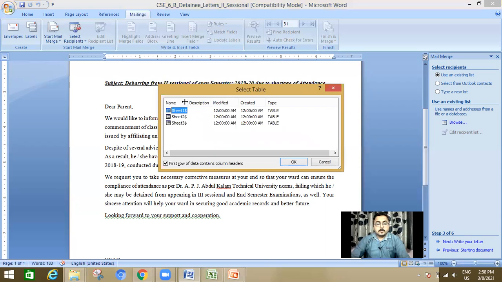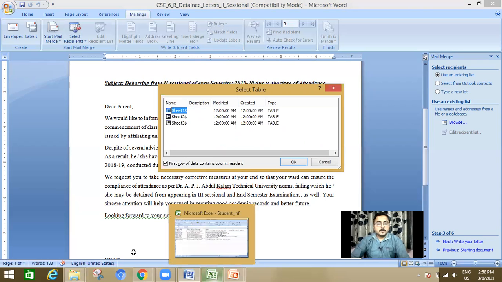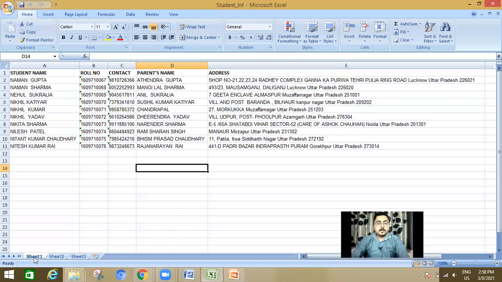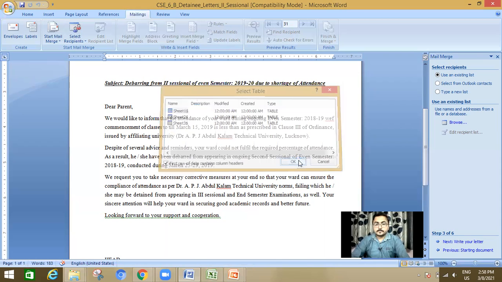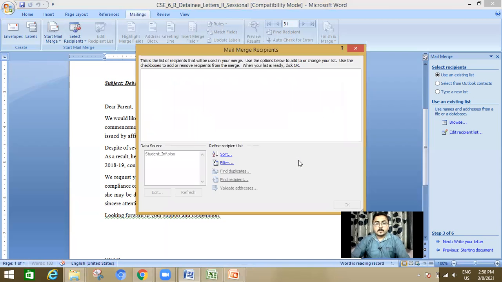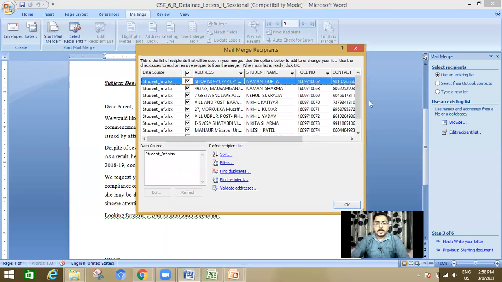Now, by default, whenever you create the list, the file or workbook has 3 sheets, sheet 1, sheet 2 and sheet 3. So you have to select which sheet has to be included. I have taken sheet 1, then click on OK. A Mail Merge Recipients dialog box will appear.